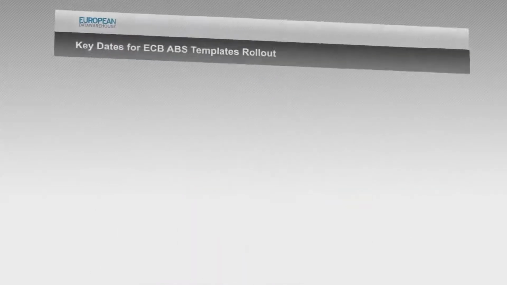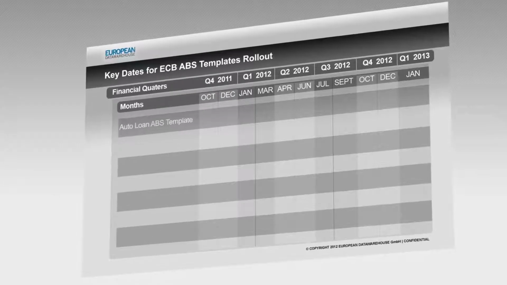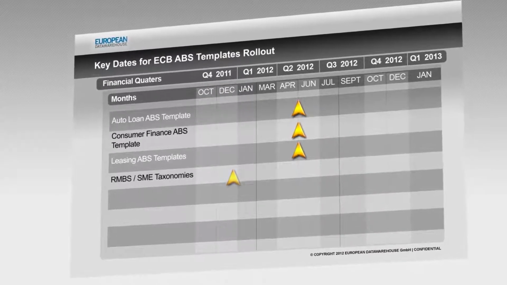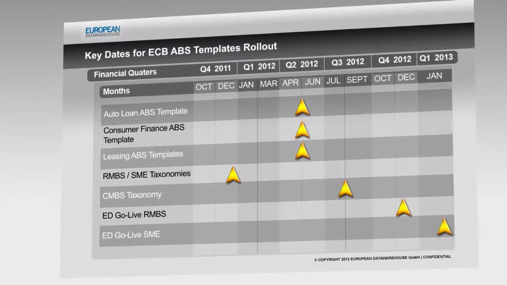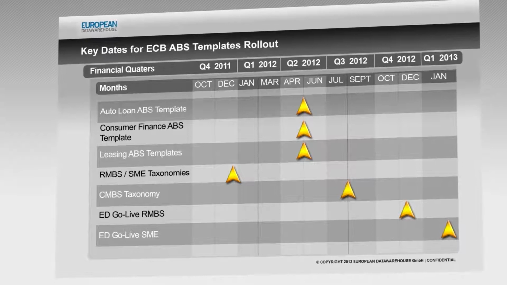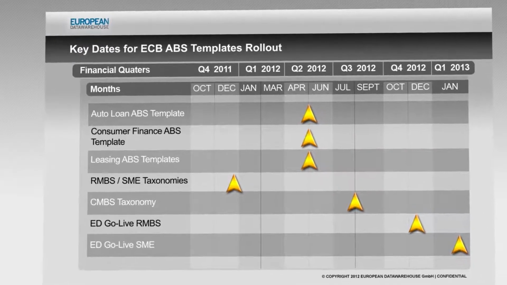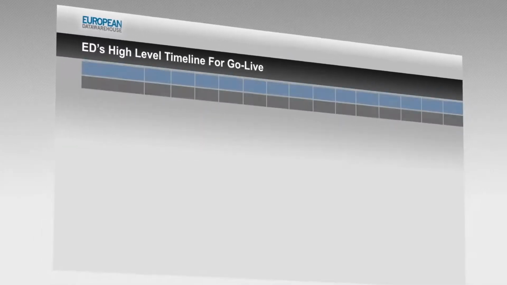Any institution that wants to borrow from the ECB and post asset-backed securities as collateral will need to provide loan-level performance data. In fact, the ECB will begin requiring loan-level data for residential mortgage-backed securities in time for 2013. And 100% of assets will need to have loan-level visibility by September 2013.